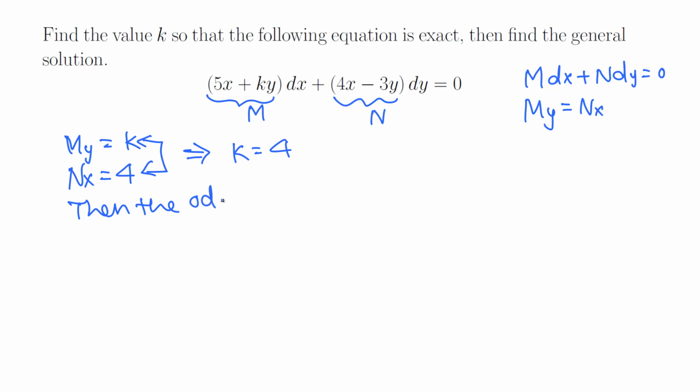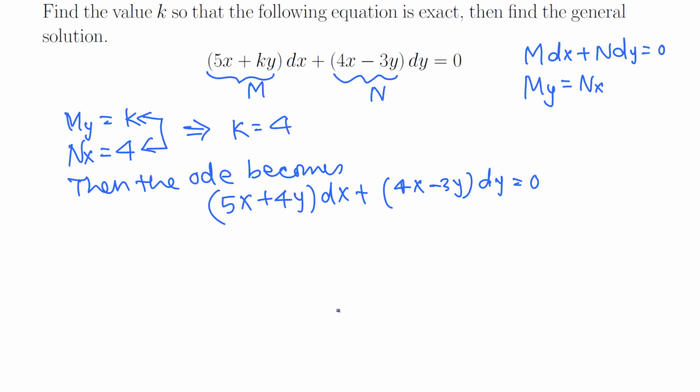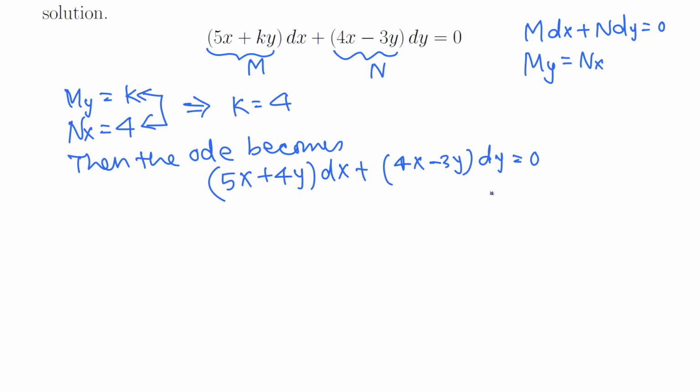Then the ODE becomes (5x + 4y) dx + (4x - 3y) dy = 0. Now this is an exact ODE. Now we want to solve this, and since this is exact, we know that we can find a function, uppercase F,